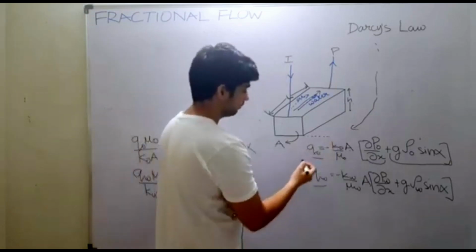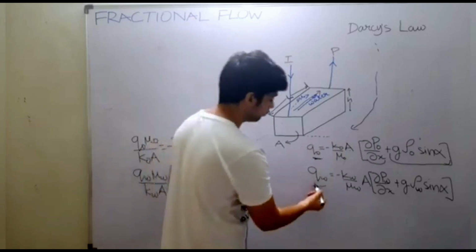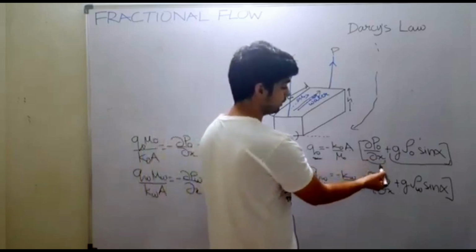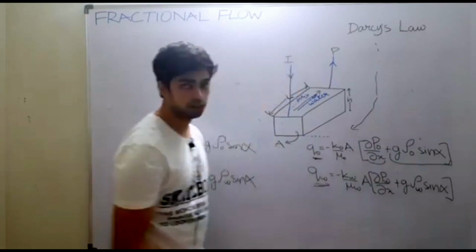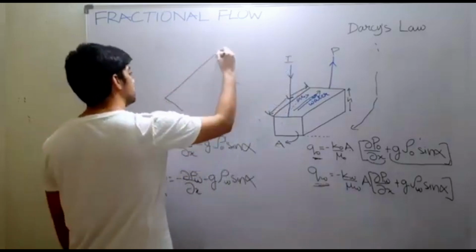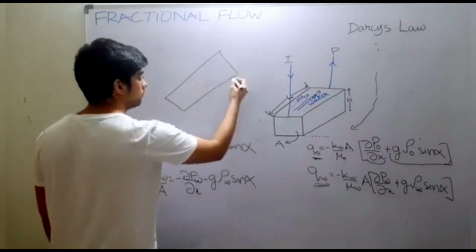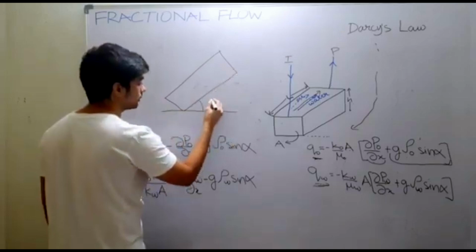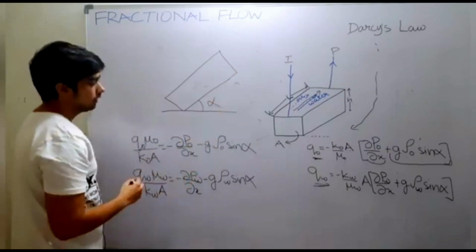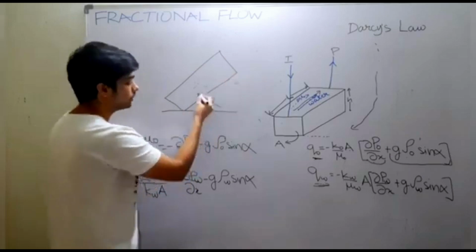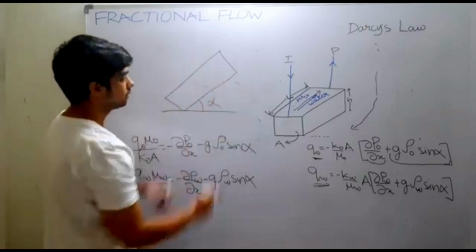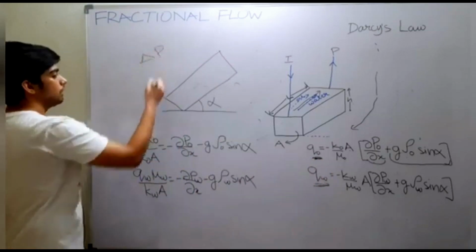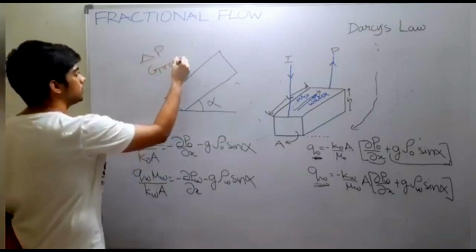Now in this case, this is the flow rate for oil, this is the flow rate for water, and in this equation we have two components, a pressure differential component and a gravity component. So if we draw another diagram of the same block, this diagram is not horizontal, it has some amount of dip. So alpha is your dipping angle, and basically it is the angle of this bed with the horizontal plane. Now because of this angle, there will be two forces regulating the flow. First will be the pressure differential and another will be the effect of gravity, or potential difference.